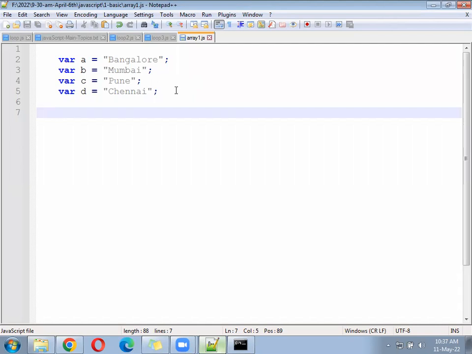So in that case, the programming will be difficult. As a programmer, you will face a problem. You will not understand where is my variable, what is my variable and what is the value. Every time you have to read the line and then only you can write the code. So to avoid that complexity, every programming language, not only JavaScript, whichever the programming language is available in the world,